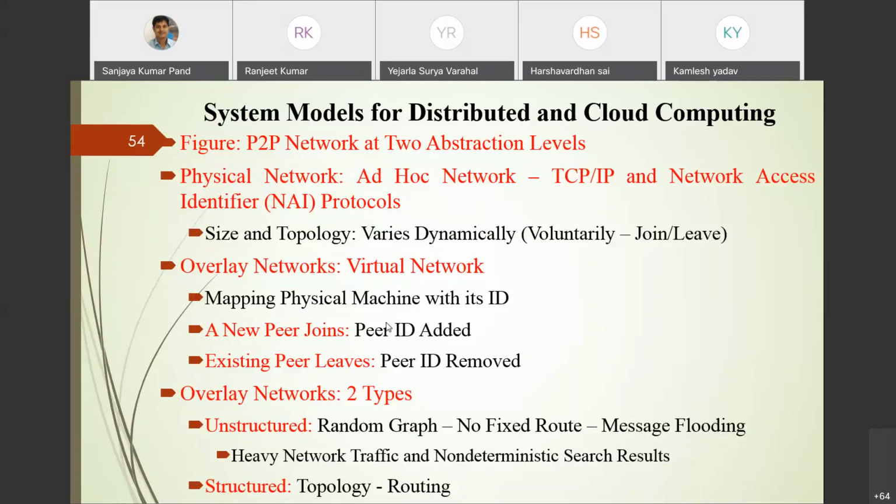In an ad hoc system, you are taking a subset of the system in order to make an overlay network. So there is no fixed route. Every time, a node needs to propagate a message to say that the node is live, that it is not in sleep mode, or failed, and the link is not failed. We send an I am alive message, similar to the hello packet you have studied in computer networks.